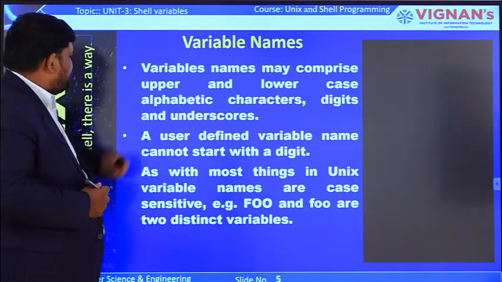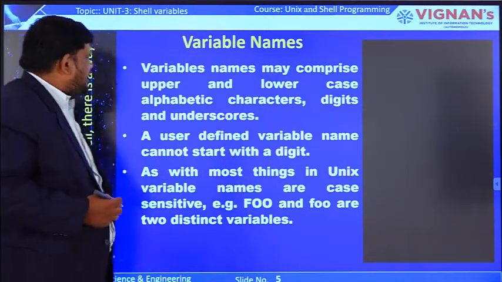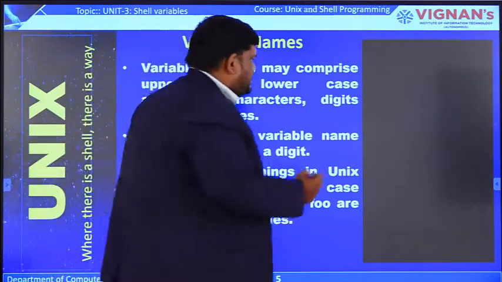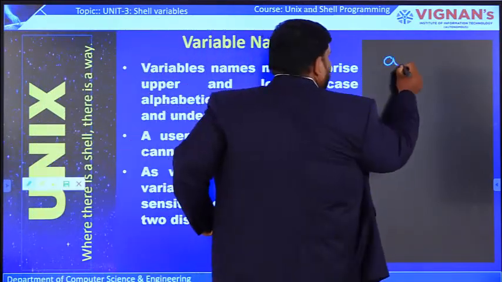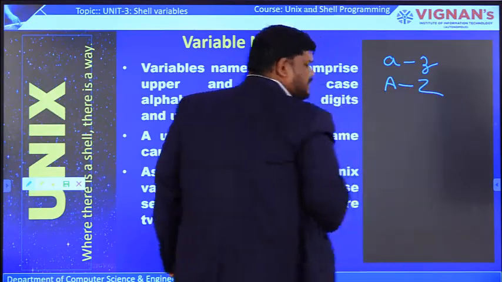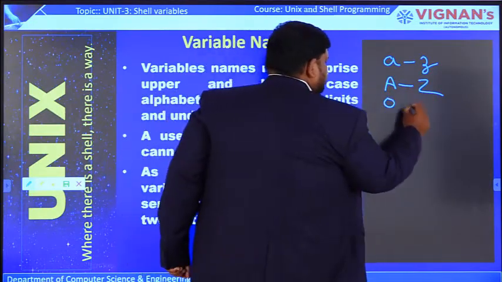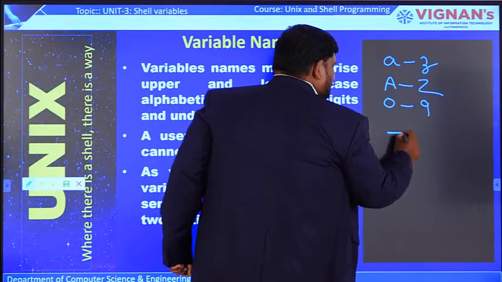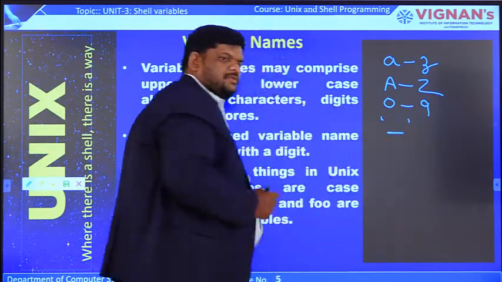Now let us consider the first rule. Variable names may contain upper and lowercase letters. That means it allows lowercase a to z, uppercase A to Z, digits 0 to 9, and only one special character, the underscore.